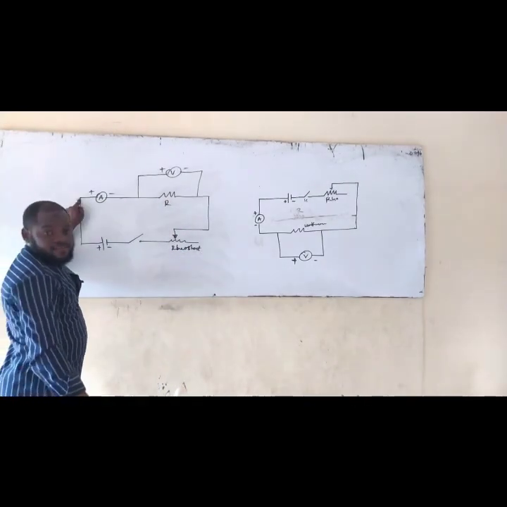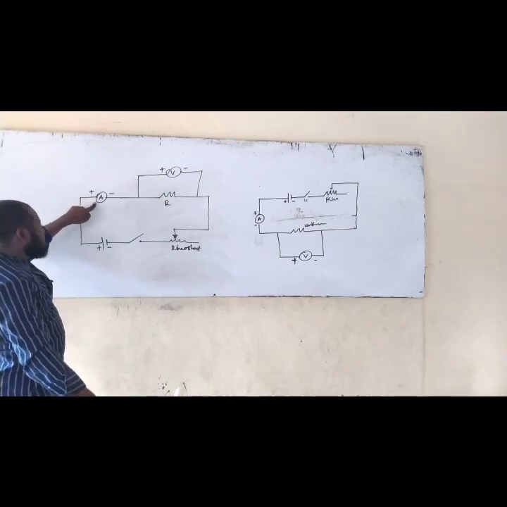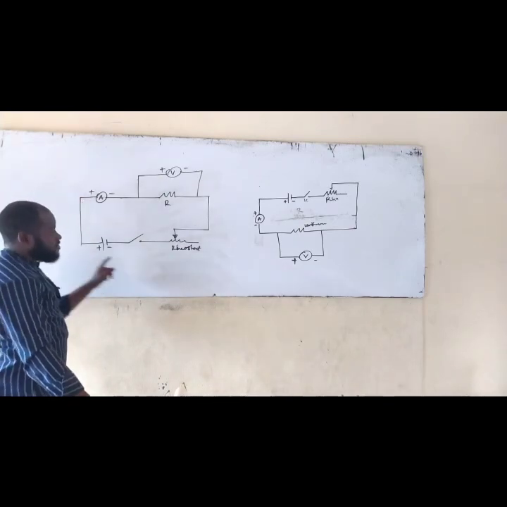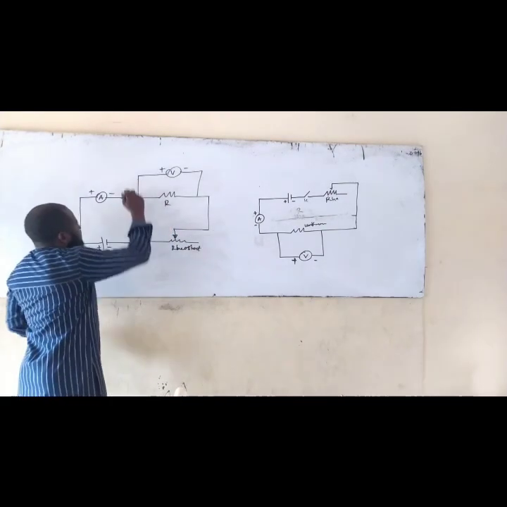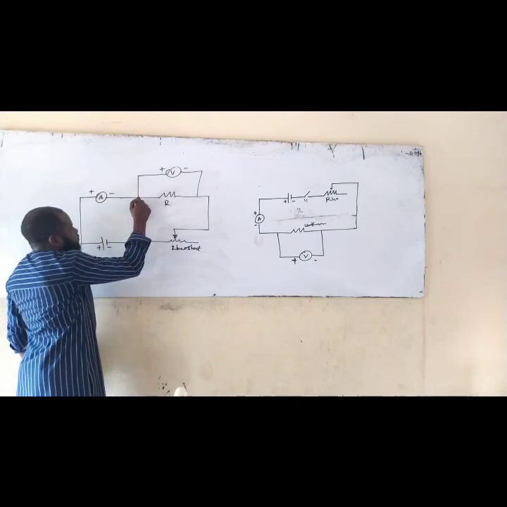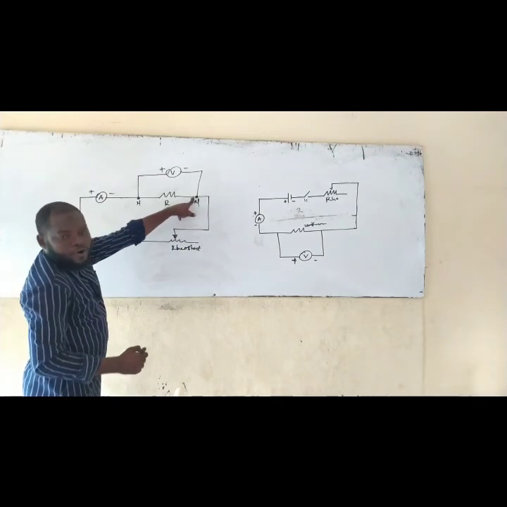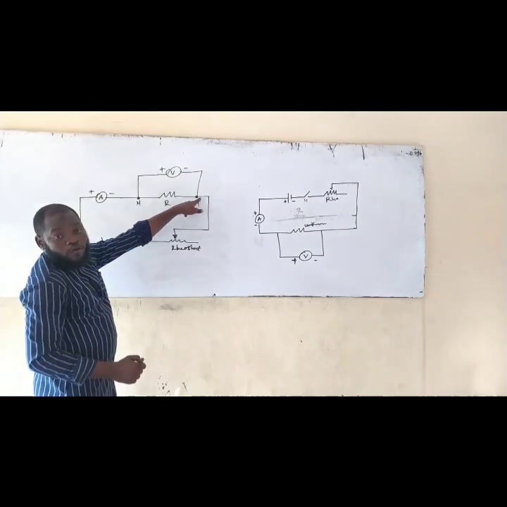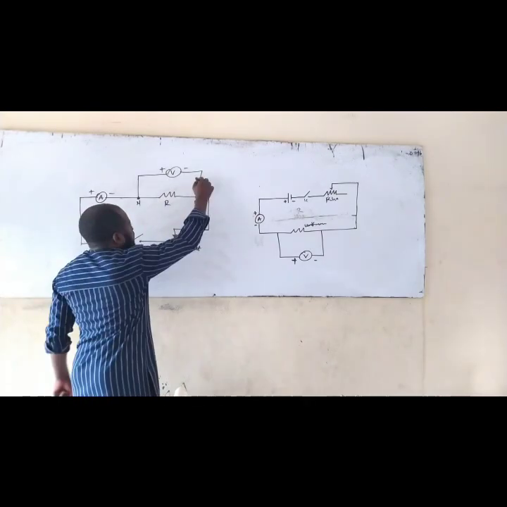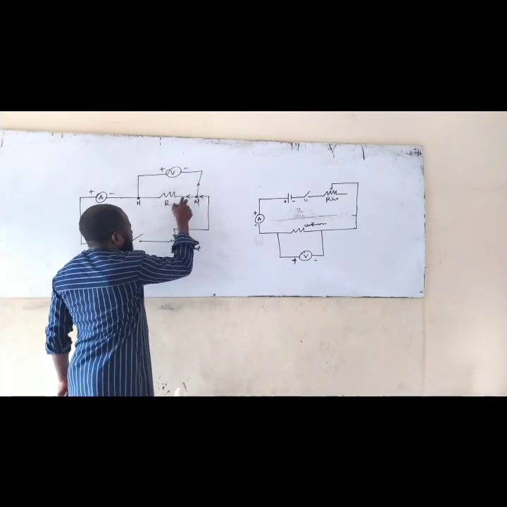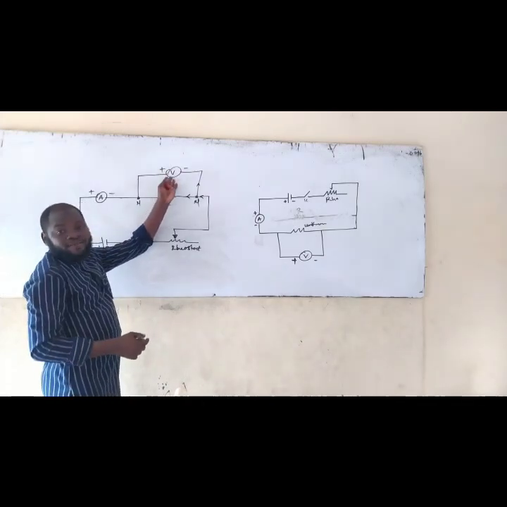A bent wire is also what? A straight wire. This wire you are seeing here is still in series with this battery, just like this one is in series, and this one is parallel because this wire is connecting to this wire here. This is a node. This is also what? A node. There will be a split of current here. The current that will enter into this node is going to split into two. It's going to split into this direction, another one will enter into this place. That's why you know that this one is in parallel.